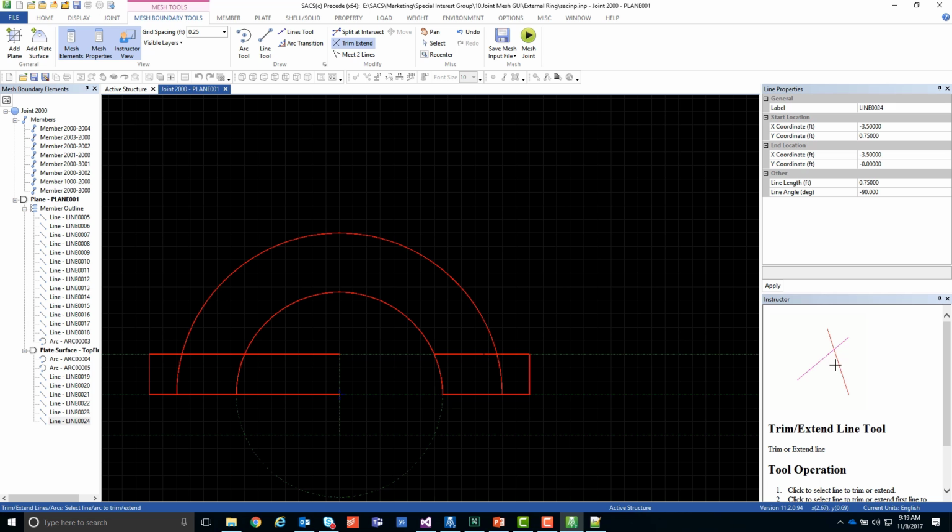And then let's see, what else do we need to trim? We need to trim that piece right there. So we're going to click the side we want to keep, trim that, and we're going to trim the outer arc. So we're going to trim that like that. Okay, and then we just need to repeat this process on the other side here. So I'm gonna,